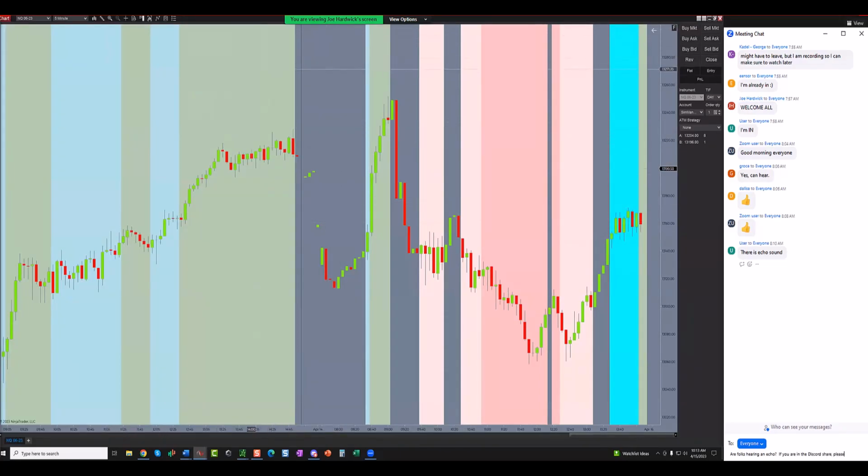You can see the background colors. These background colors are based on a multi-time frame. I do not know how Sergio coded these yet. I've been asking if they would release it. I don't know if that's an issue for them. I would like to know, but if it goes by the theory that they used in the other products, basically,